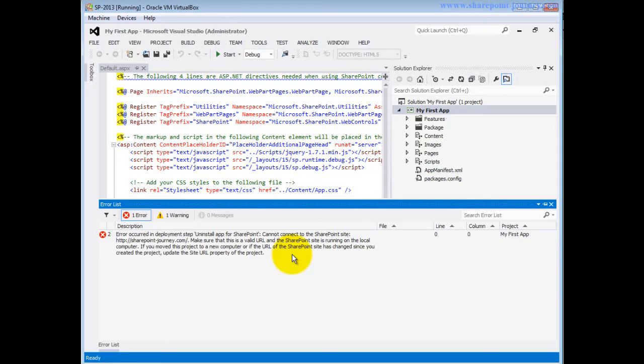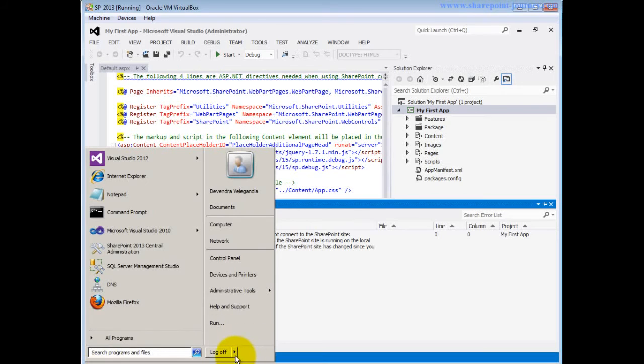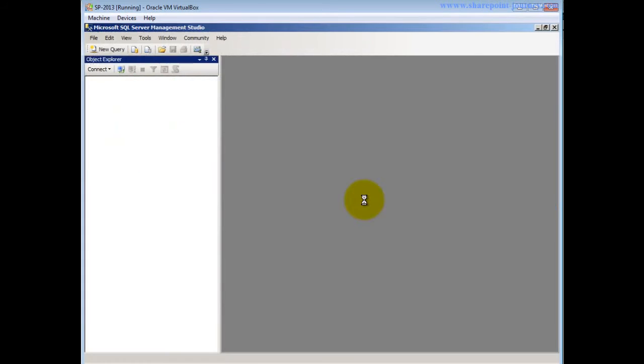That is the host web. So what I have to do is give permission from the database level, so that I can deploy this particular app onto this site using the credentials of Devendra, which is not a system account. So let me go back to how I can verify that. Probably I can check the SQL server, connect to the SQL server,